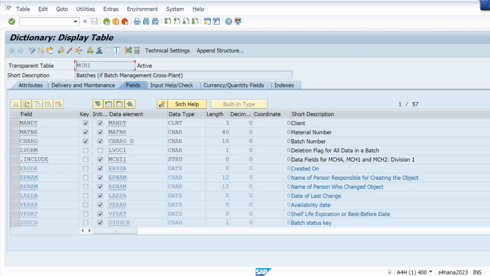Here you can see for client this is a field name, for material number this is a field name, and this is for short description. Here we are going to use some standard characteristics, like I can show you here.